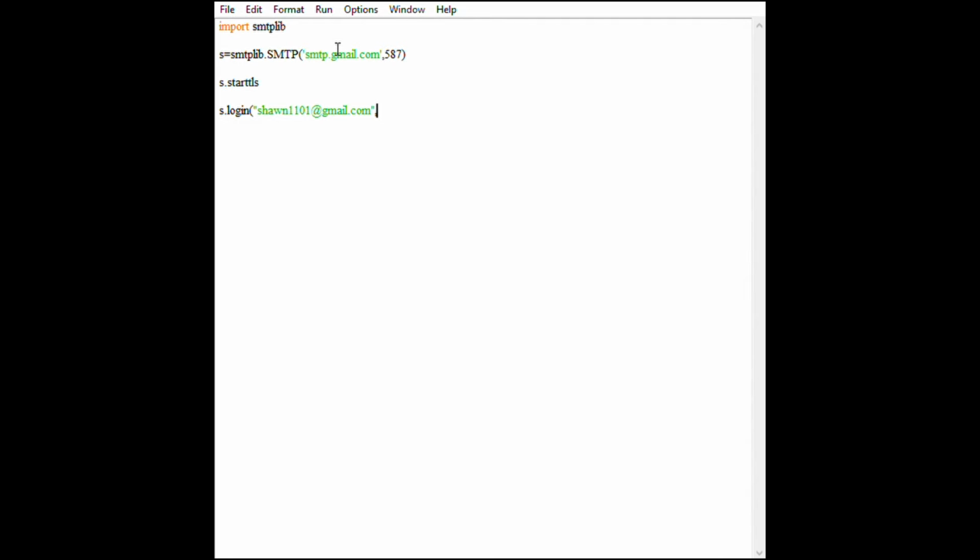So we are done with the login Gmail account. The next parameter for the login is the password, the password that we have for this specific ID. In my condition, the password is pretty straightforward. So with this we are done with the login.